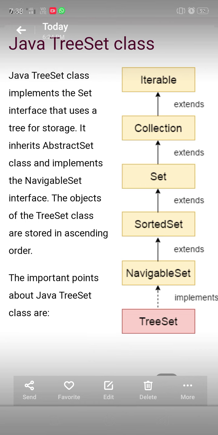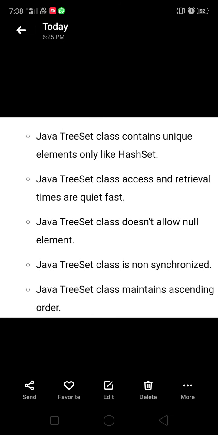Important points related to the TreeSet class are here. The Java TreeSet class contains unique elements only, like HashSet. HashSet also contains only unique elements, but the TreeSet class doesn't allow null values, whereas as we said before, HashSet allows storing a null value. TreeSet access and retrieval times are very fast.